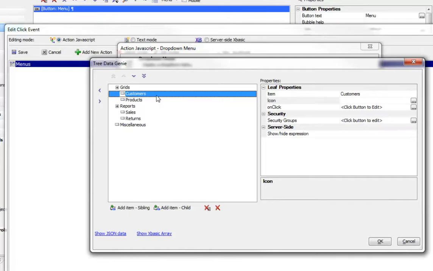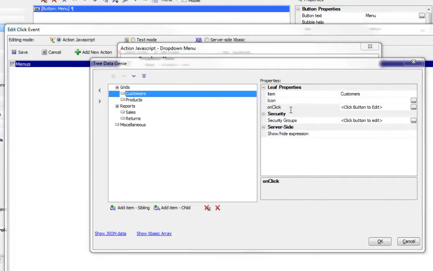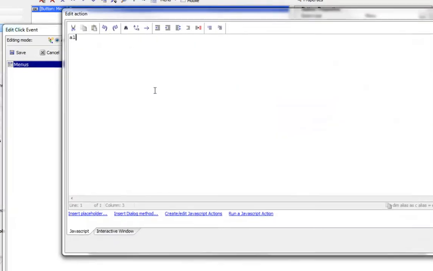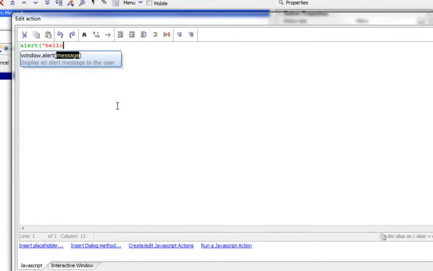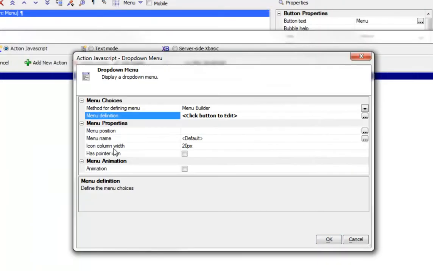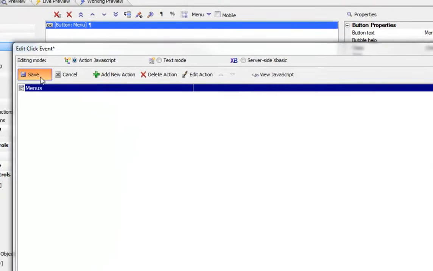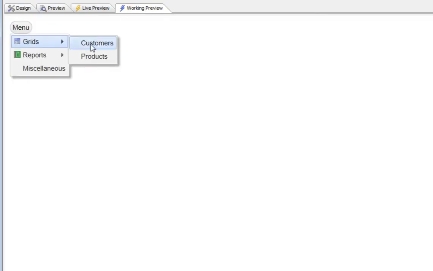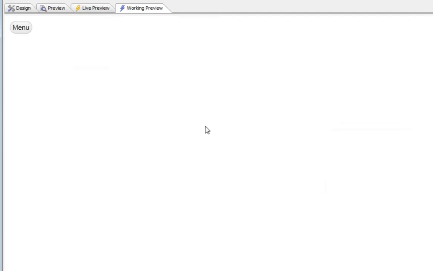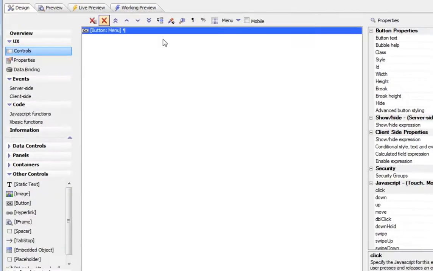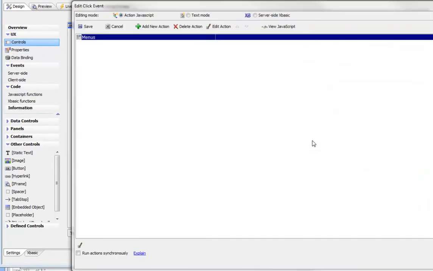So for example, if we were to go here now and simply say alert hello, then when we click on customers we'll see now that we get our JavaScript firing. So there we go, we open the menu and there we see our alert. But obviously we want to make that action a little bit more interesting. So, but before we do that, let's just take a look at a few of the other options that